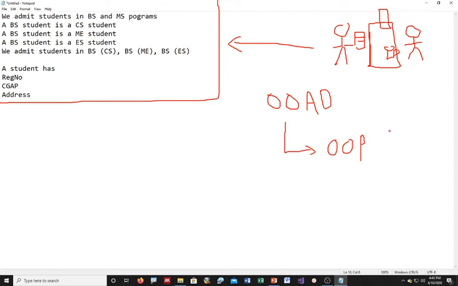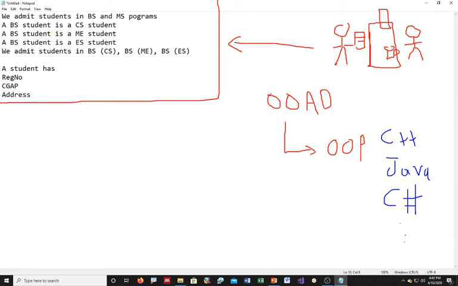Okay, and for object oriented programming you have C++ as the language which we are studying here, but other object oriented languages are like Java, and C# is also object oriented, and there are many others. So you need to know one and you can switch from one to another. But if you see here,